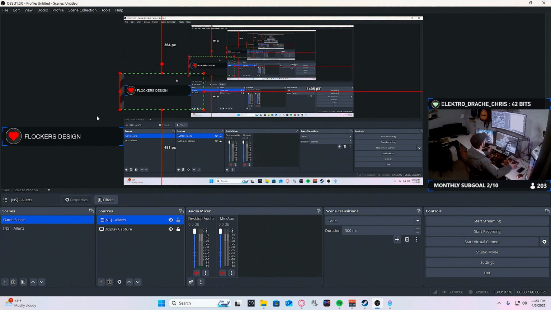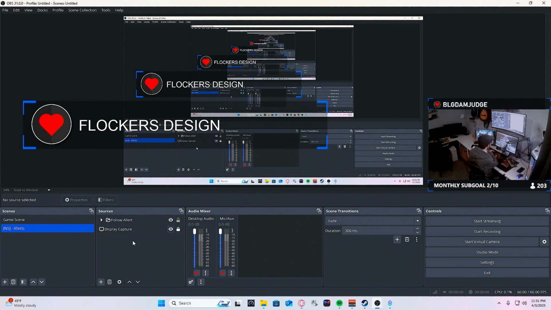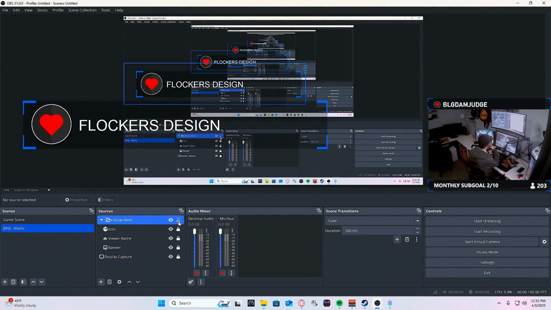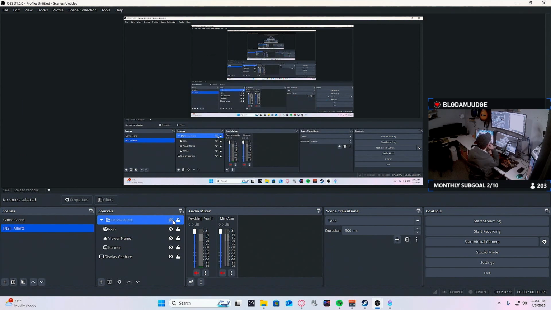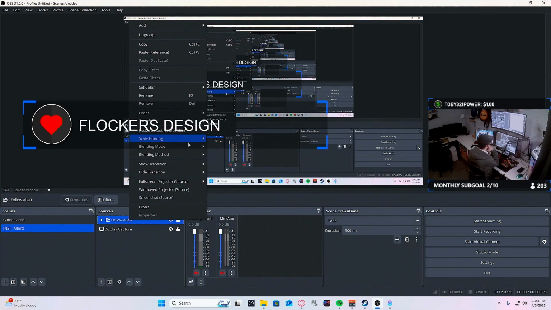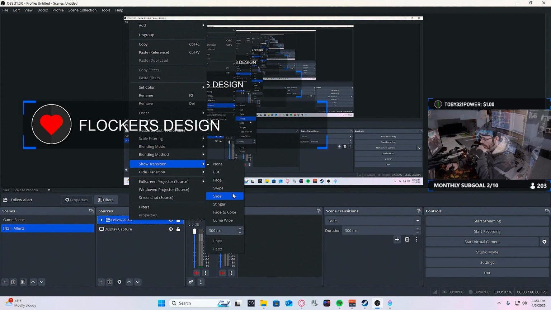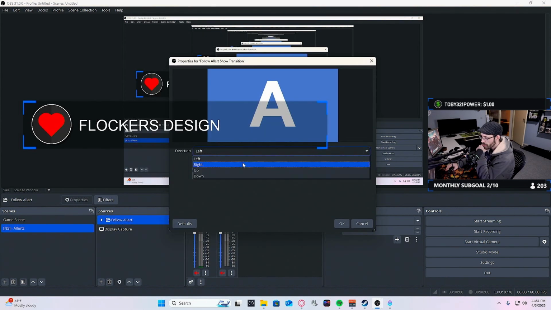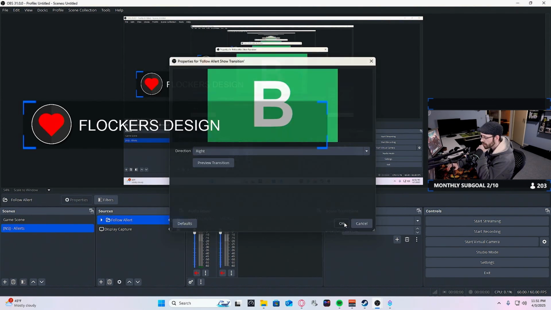Now of course we need to make sure that it does what it needs to do. So instead of doing this, we are going to go back to alerts, enable this one again. Then what we want to do is we want to lock these ones, lock all of them, and then we want to do an animation on this one, so on the group itself. So what we're gonna do is we're gonna right click on the group, we're gonna do show transition, we're gonna do slide. You can use your own transitions, but I like the slide one because then it's doing that. So now if we do this,